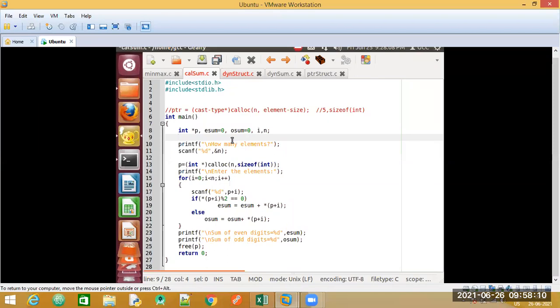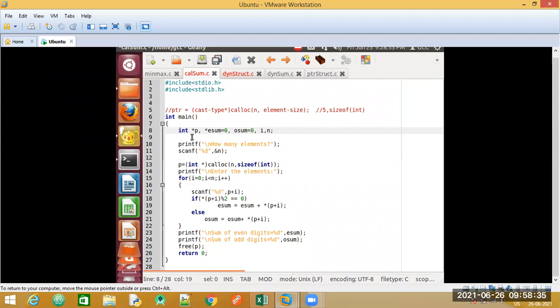First of all, we need to declare everything as a pointer here. Now, esum was a variable to calculate the sum of even digits. I have said star of esum. When I declare esum as a pointer variable, I cannot initialize it to 0 because currently it has not been assigned any memory.